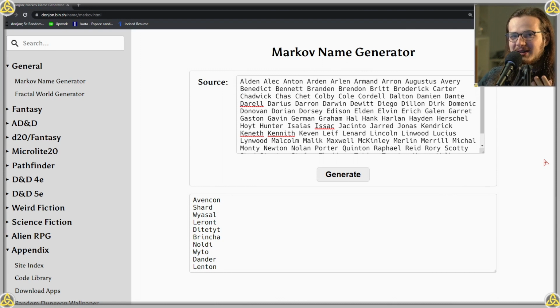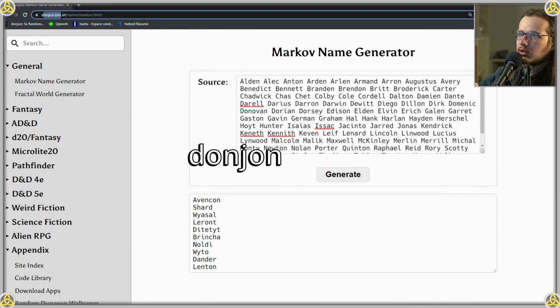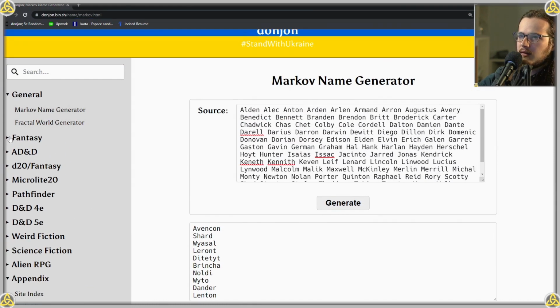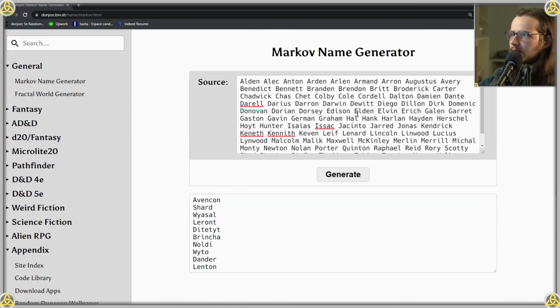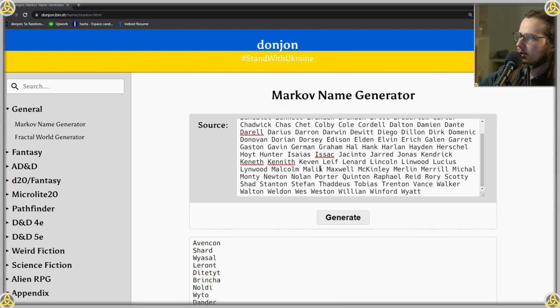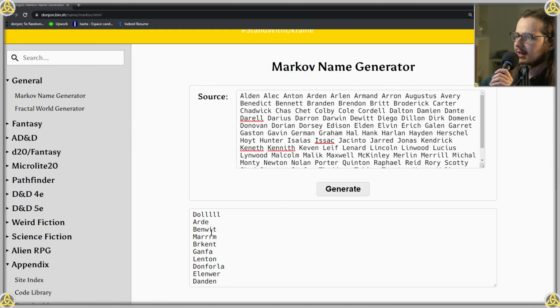Let's finish this with naming my character. What I thought I would use for the name is this cool little tool I found on dungeon.bin.sh, which is a very useful place where you have tons of little fantasy generators. And one of them is this Markov name generator. So you put a bunch of names into the algorithm, and it basically generates variants on that name. We're going to make our own list real quick,